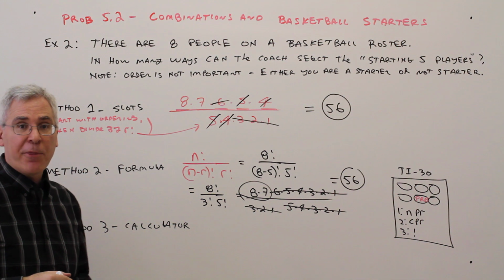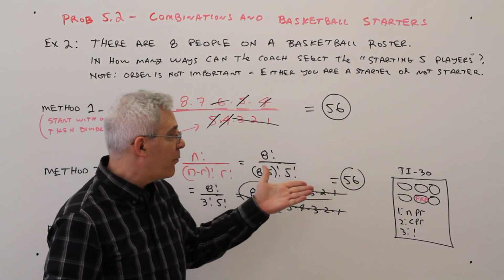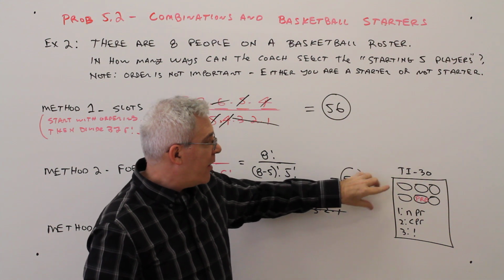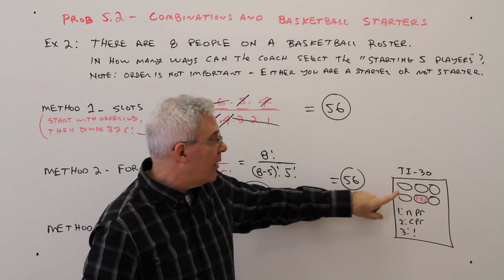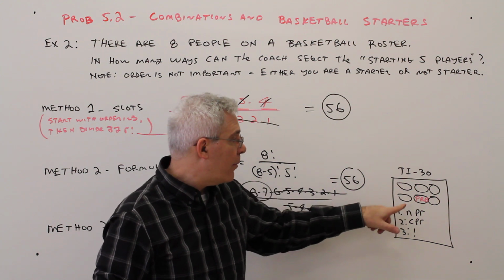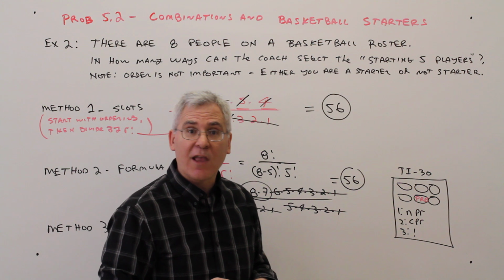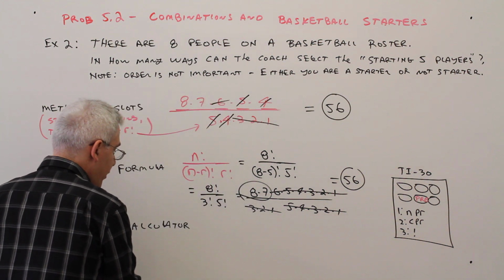Okay, and the third method is just pressing buttons on your calculator. So once again, with a TI-30, in the second row from the top, in the second column over, is the probability key. And then you're going to get options for permutations, combinations, and factorials. So just to show you the keystrokes,